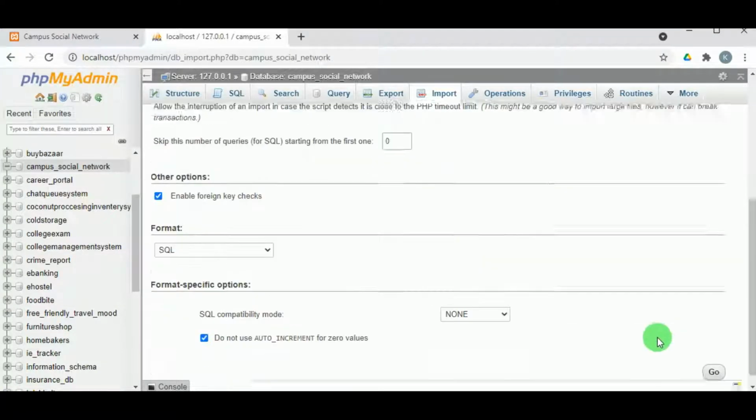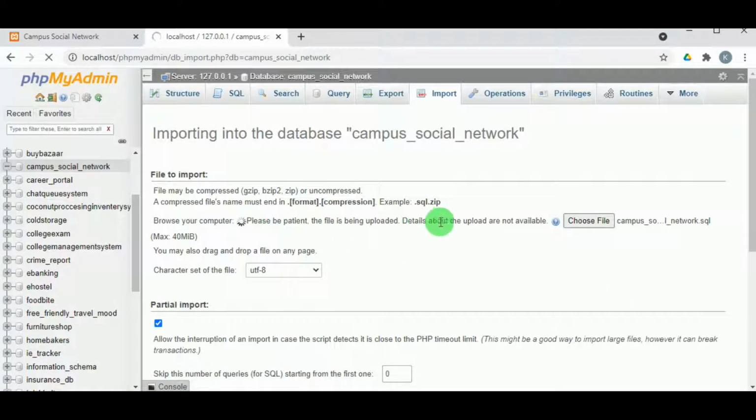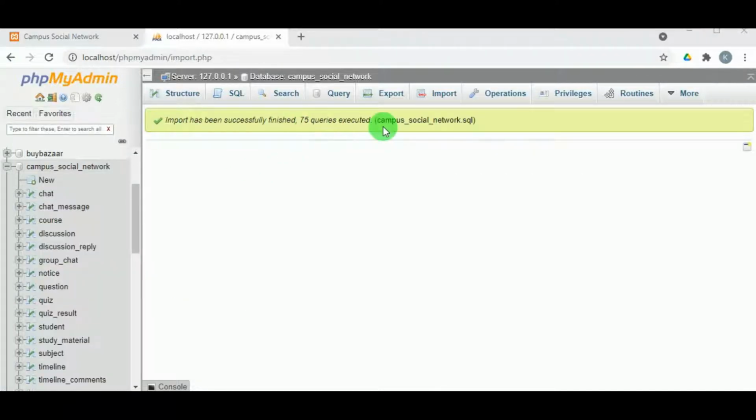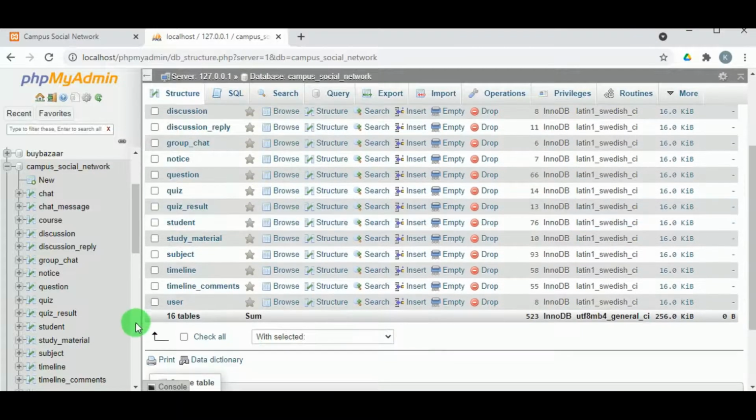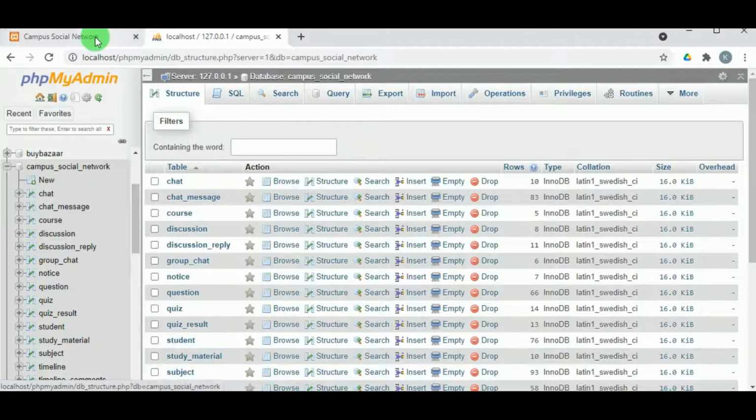So remember, whatever file we have got, the same name should be of the database also. So this will take some time. Once it is done, you can see import has been successfully finished and you can view the tables which are present inside that particular database. So we can view there are 16 tables inside the database social network.